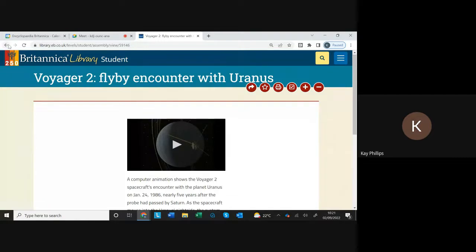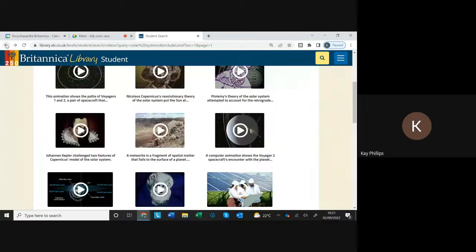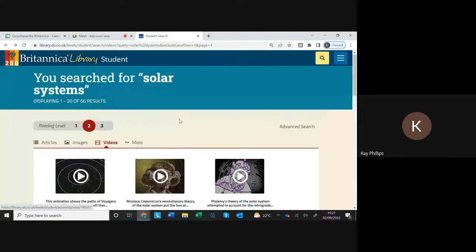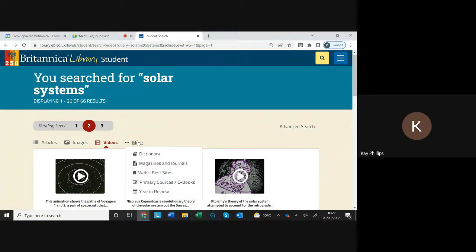Heading back to our search results page, again, I like to use that arrow on the left-hand side. Next to our video tab on this left-hand side, we also have a More button. It's under this More button that we're able to find EBSCO journals, world's best sites, primary sources and ebooks for any subject. If I click onto the magazines and journals,